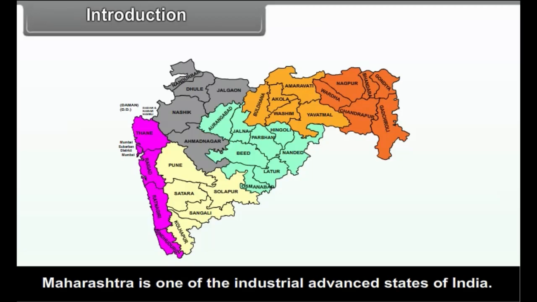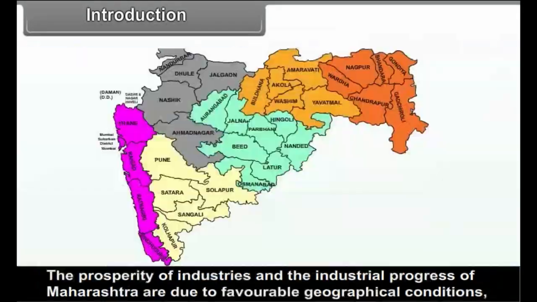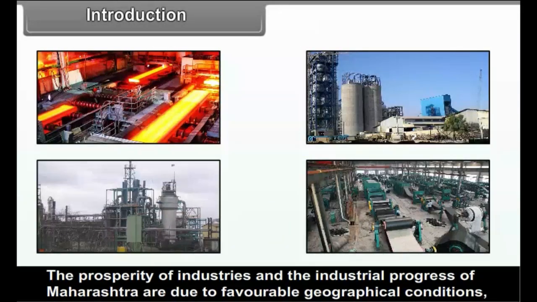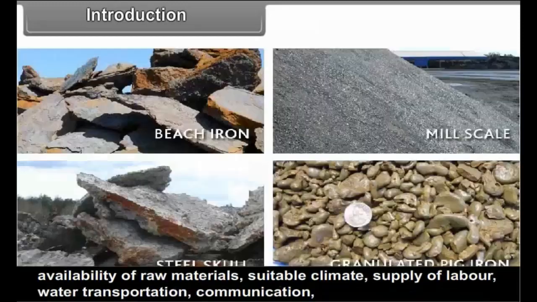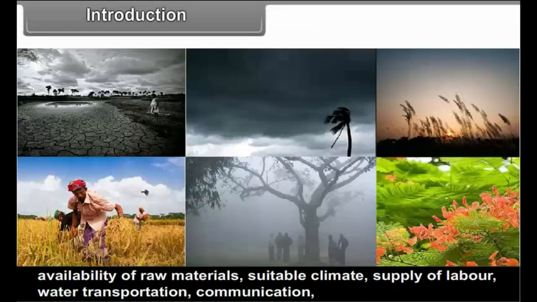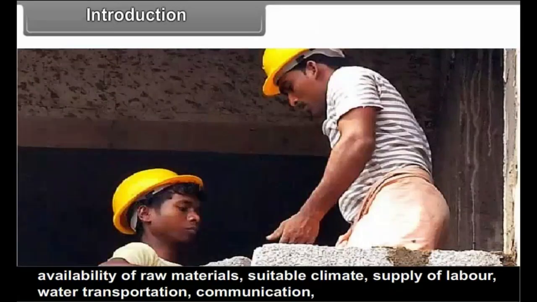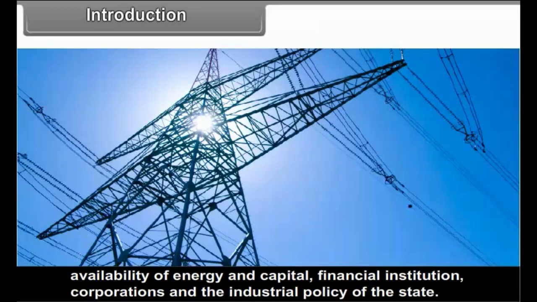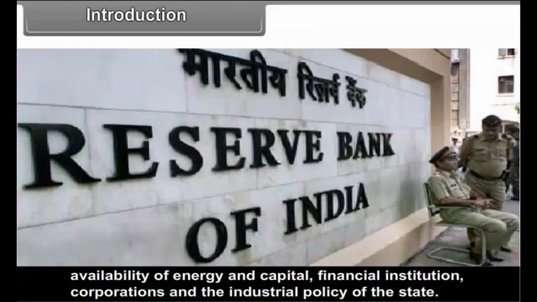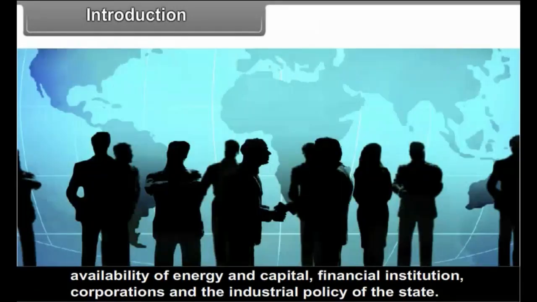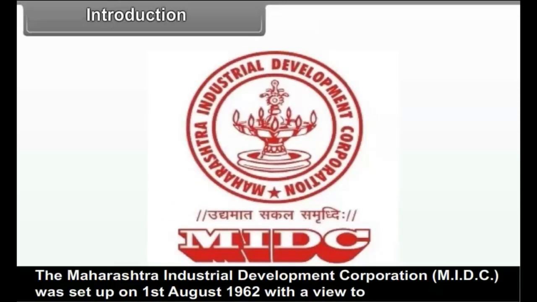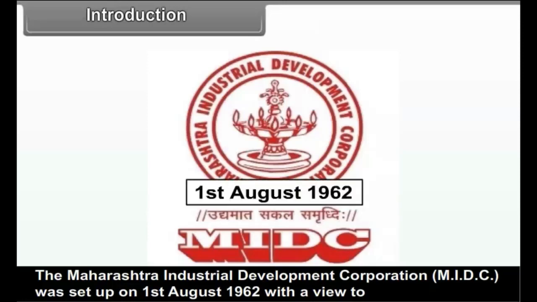Maharashtra is one of the industrially advanced states of India. The prosperity of industries and the industrial progress of Maharashtra are due to the favorable geographical conditions, availability of raw materials, suitable climate, supply of labor, water, transportation, communication, availability of energy and capital, financial institutions, corporations, and the industrial policy of the state. The Maharashtra Industrial Development Corporation (MIDC) was set up on 1st August 1962 with a view